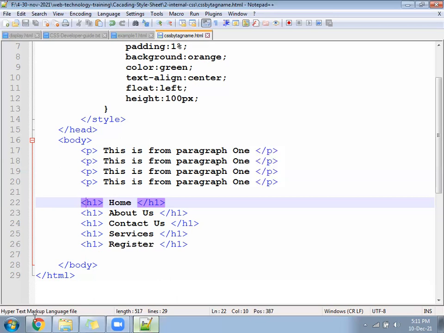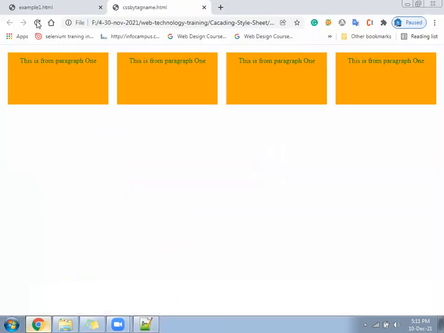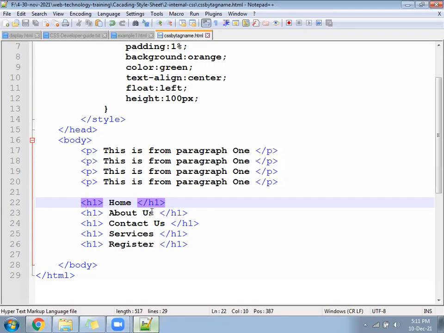So how many H1 we wrote? 5 H1. Nature of H1, it will go to the next line.